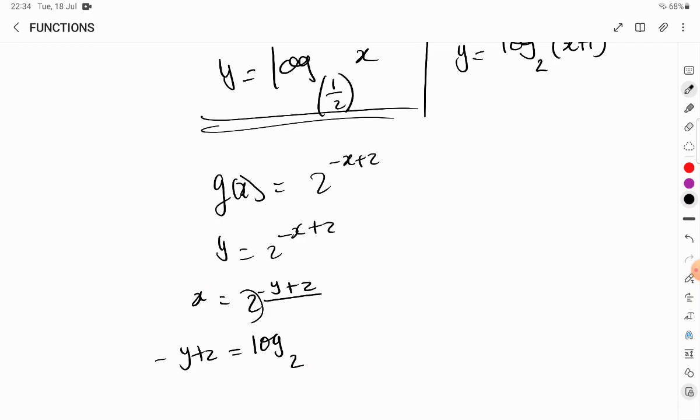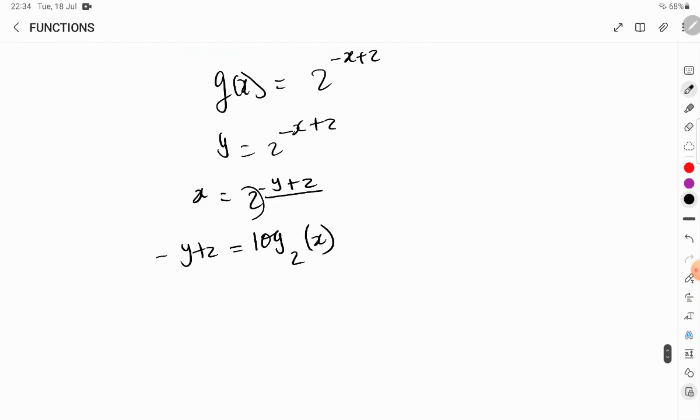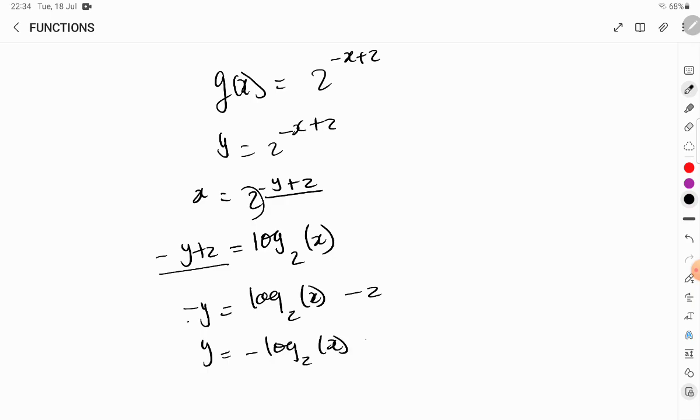Base is 2, then up here it's just x, right? From here you can make y the subject, so it's minus y is equal to log base 2 of x, minus 2. There's a negative here, so y is just negative log base 2 of x plus 2. It becomes positive. One thing to never forget. But yeah, that's just it in terms of taking logs. Our next video will be on an example